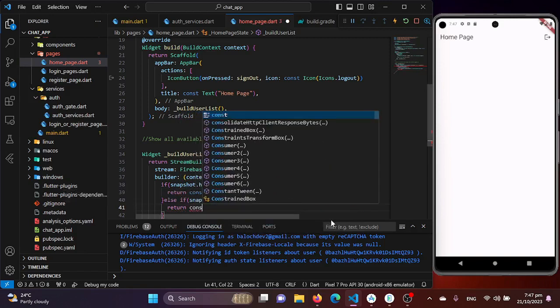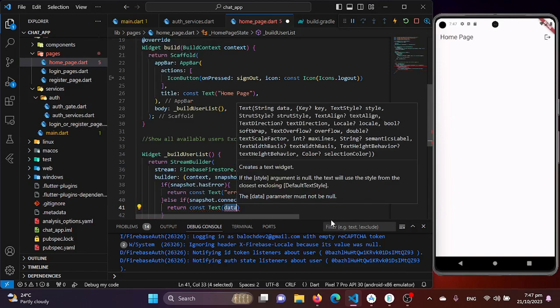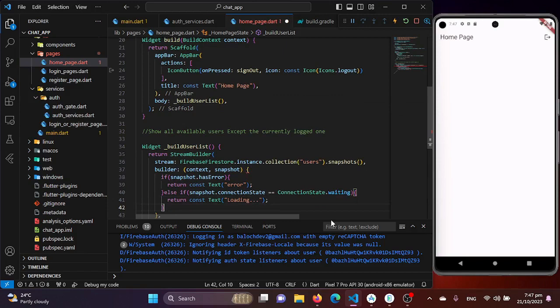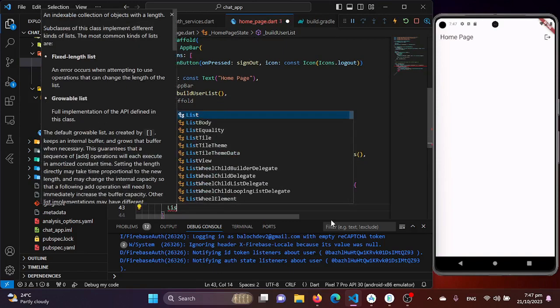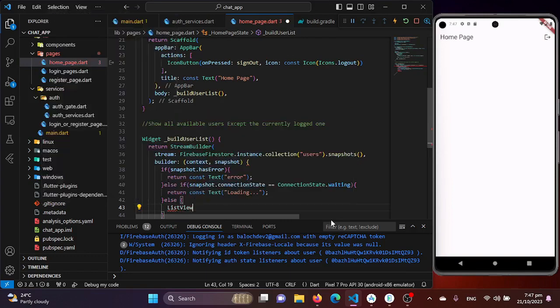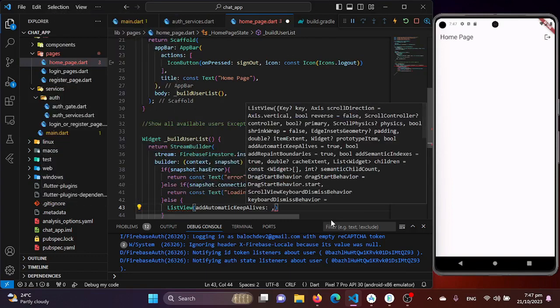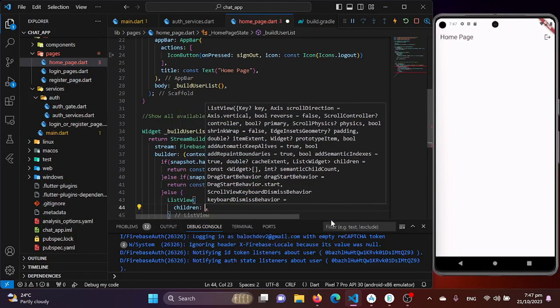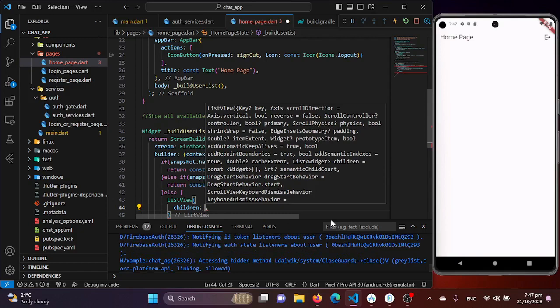Return const Text, it's loading. And in the else part we will return a ListView, or sorry, not a builder, simply a ListView. And in the children part of our ListView we will be getting